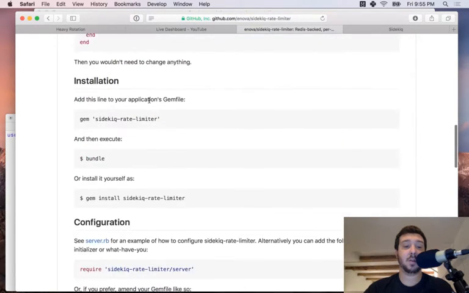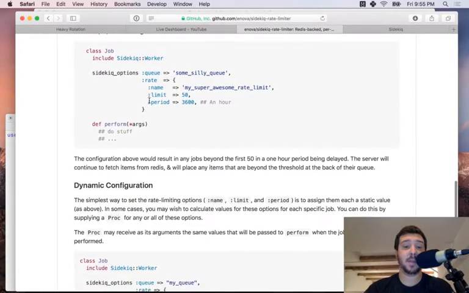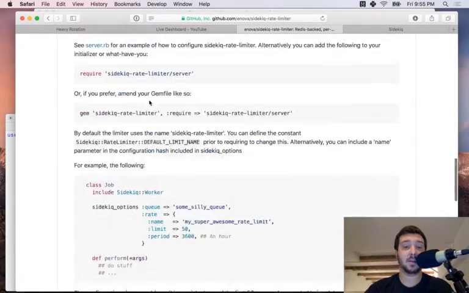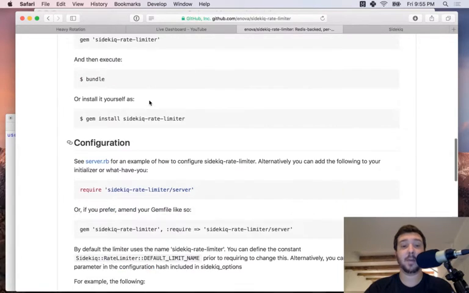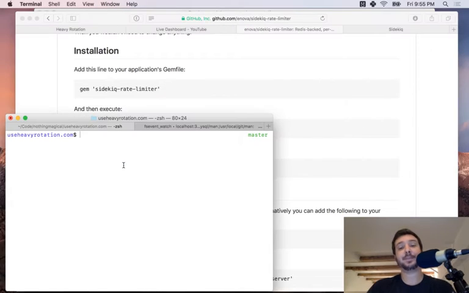Cool. Configuration. Man, that is easy. Cool. Okay. Well, let's add this. I need to